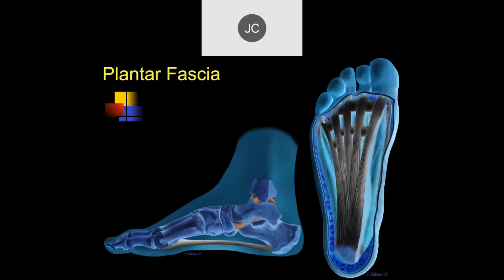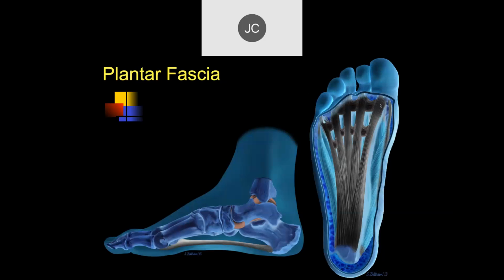So now let's talk about the plantar fascia. The plantar fascia, as you all know, is this collagenous longitudinal structure. It attaches to the plantar aspect of the calcaneus. Typically, we talk about 3 bands coming off, which we'll see a little bit later in the MR examinations. Distally, it starts spreading out and then attaches to the fibrous tissue at the base of the